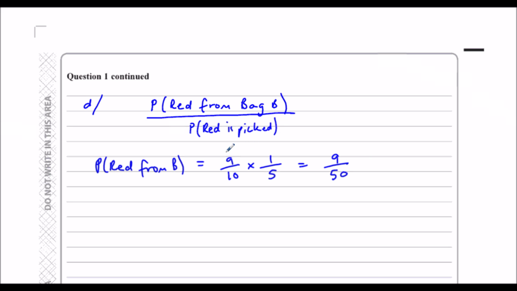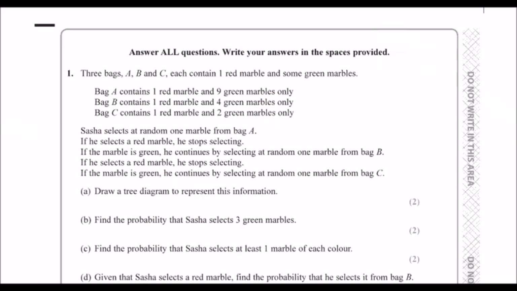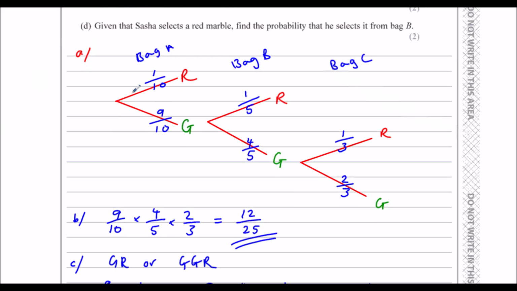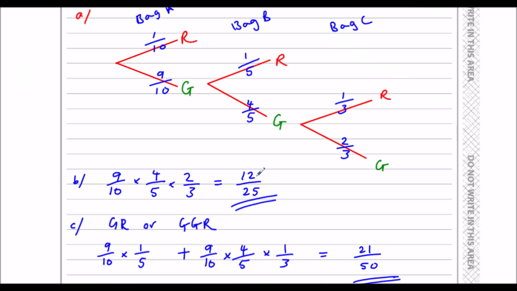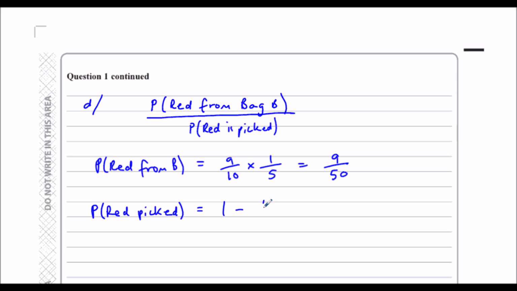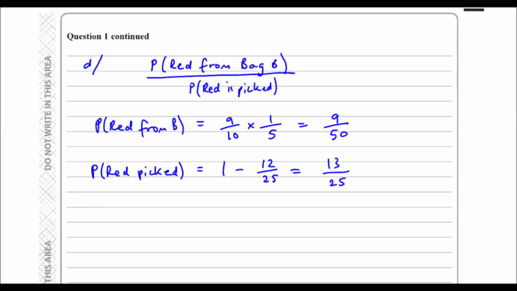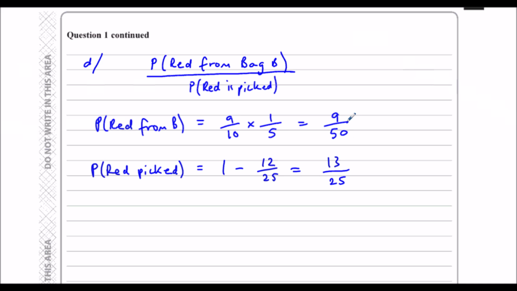The probability of red is picked at all is going to be 1 minus the probability of getting 3 greens. So we could work it out. We could say it's going to be 1/10 plus 9/10 times a fifth plus 9/10 times 4/5 times a third. But that's every other option than what we worked out here, the probability of 3 greens. So it's 1 minus 12/25, which is, well, 13/25. So we have probability of red from B, 9/50,